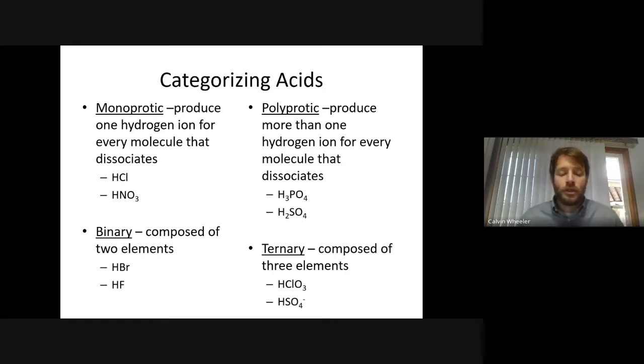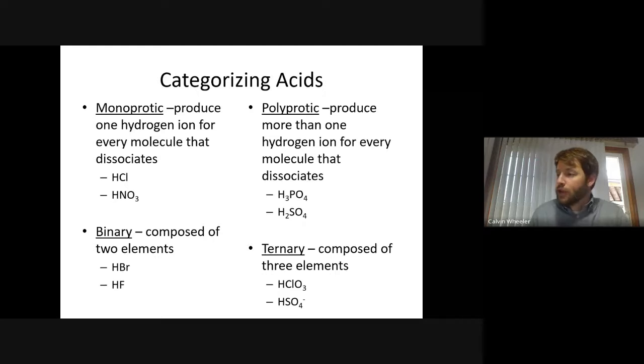And so we could use the term monoprotic or polyprotic to describe how many protons actually end up in solution when the acid dissolves. Mono means 1. Protic means protons. So a monoprotic acid means that for every formula unit of the acid, we get 1 proton. Whereas polyprotic, poly means many or more than 1. So for every formula unit of the acid, we get more than 1 proton. Specifically, instead of monoprotic, we could say diprotic or triprotic. Di meaning 2,